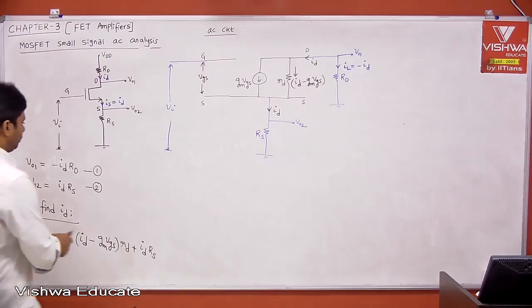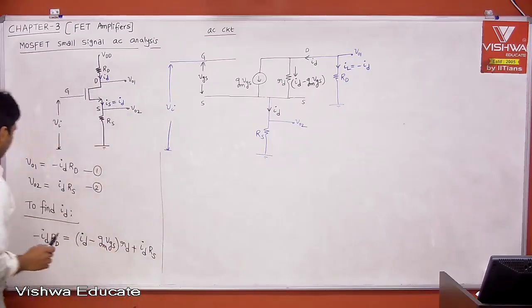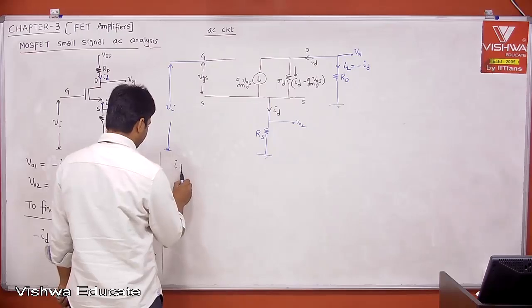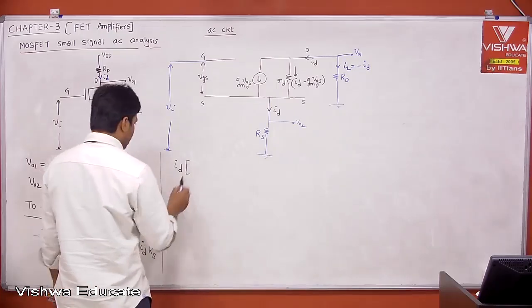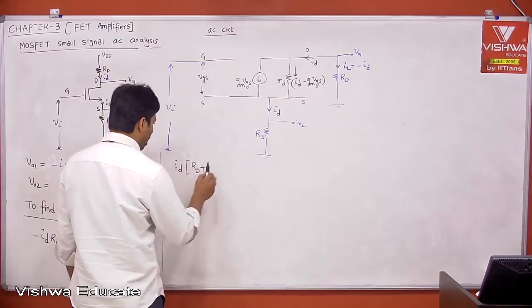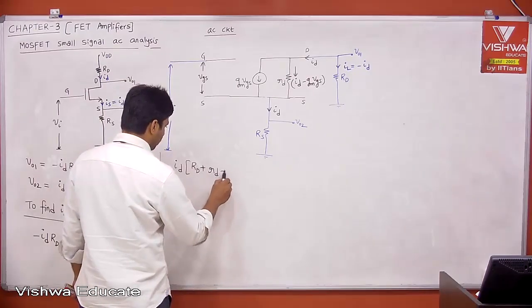Okay. Now, if you take ID common, you'll get capital RD plus small rd plus